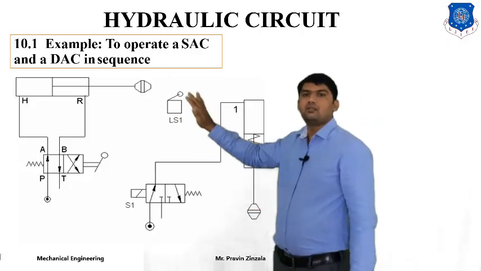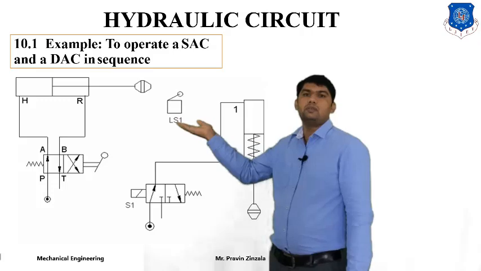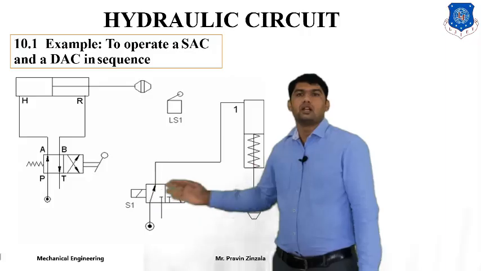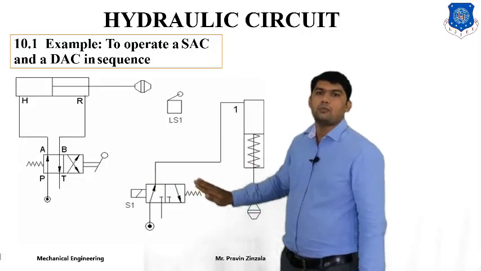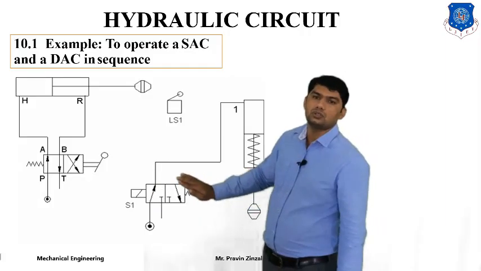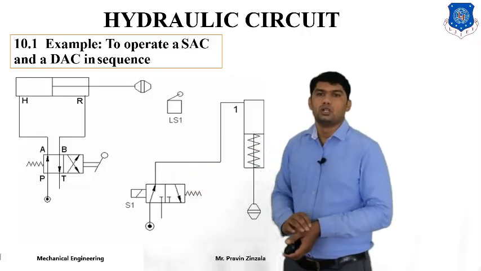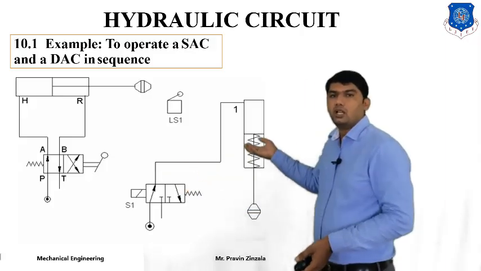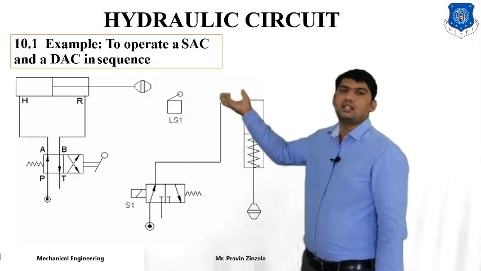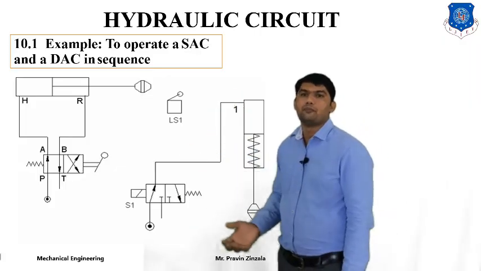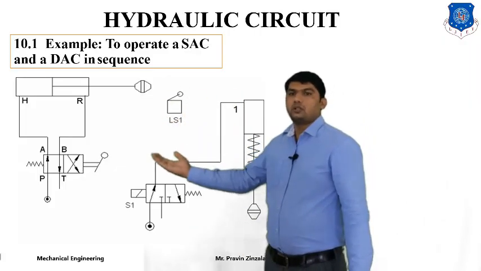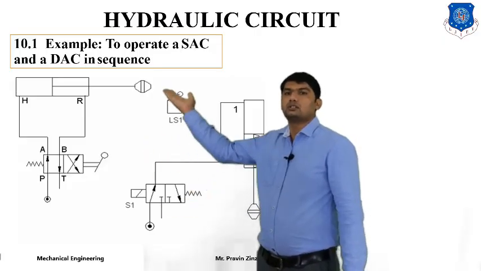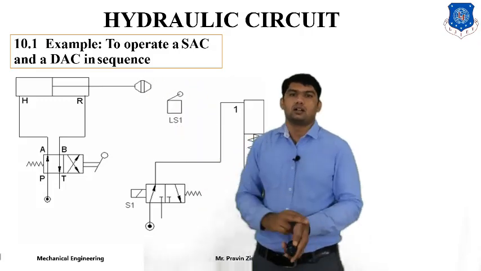Whenever the double acting cylinder starts to retract, it loses the connection. So it disconnects solenoid 1, and this 5x2 direction control valve comes back to its original position. What happens? Due to the spring mechanism, it becomes the original position. So the fluid from the single acting cylinder passes to the reservoir. In retraction position, P is connected to B and A is connected to T. So the double acting cylinder starts to retract.